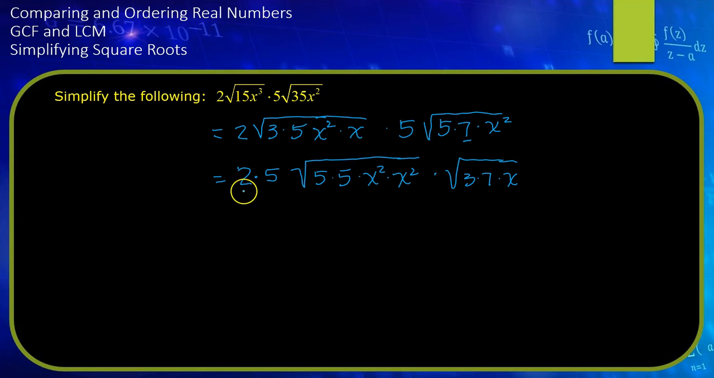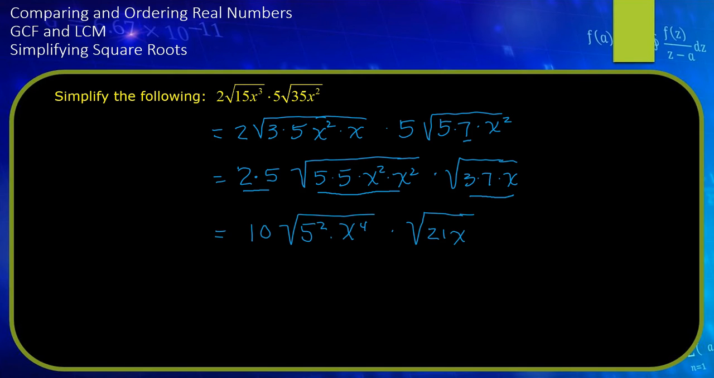So I have coefficients. I have things that will become perfect squares. And I have basically things that will not become perfect squares. And so when I work this out a bit further and simplify, the 2 times 5 becomes 10. The 5 times 5 becomes 5 squared. The x squared times x squared becomes x to the 4th. And I have the square root of 21x being simplified over here,